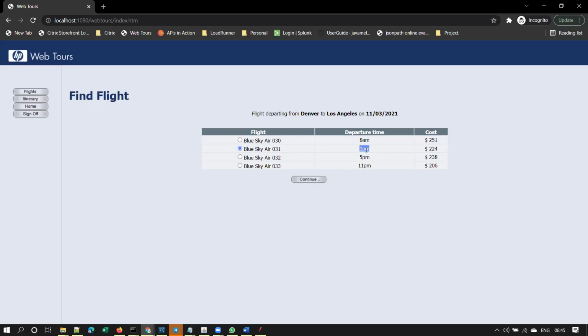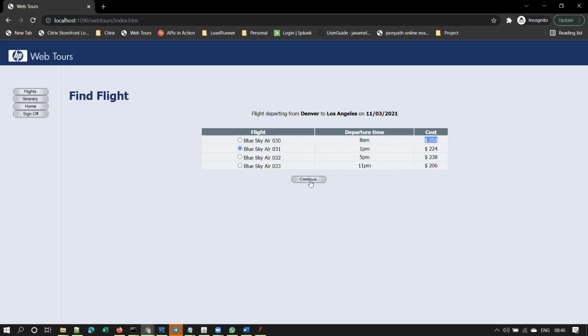You got it, guys? That's the reason I'm explaining, guys. There is one morning flight, one afternoon flight, one evening flight, and nighttime flight, right? And this is the ticket cost for each flight, each ticket. This is the ticket cost for each ticket, one ticket. You got it? Based on the timings, you have different ticket cost.